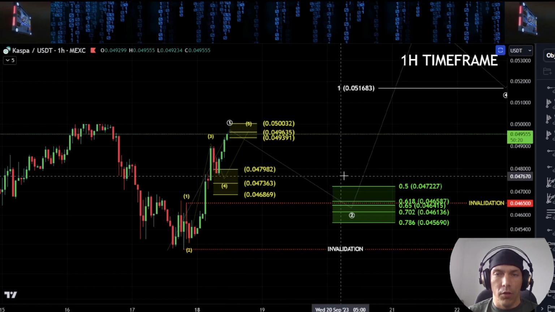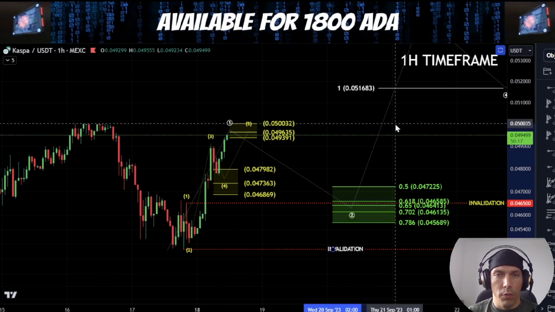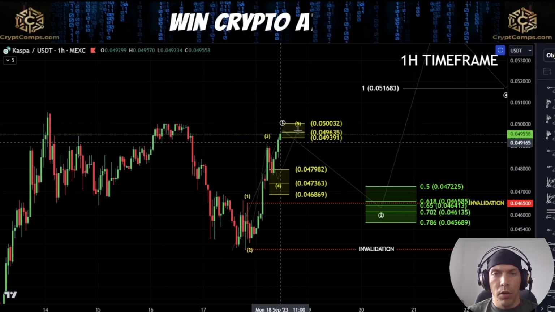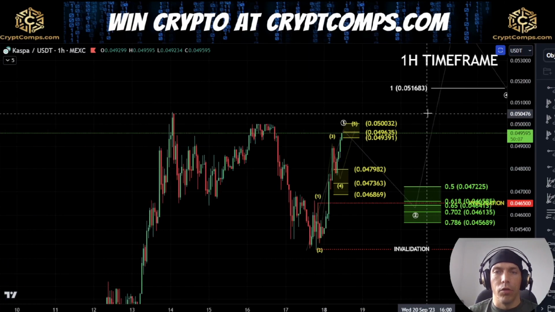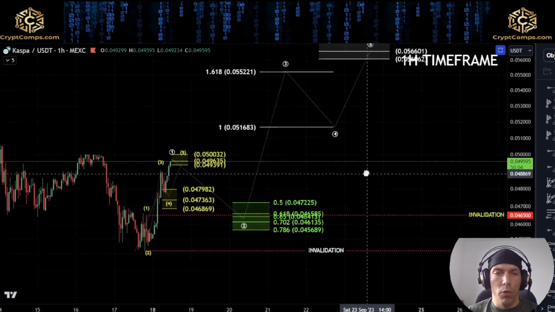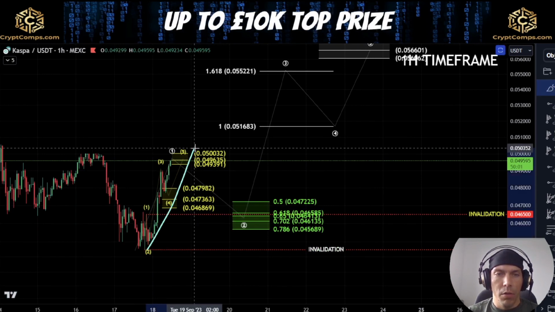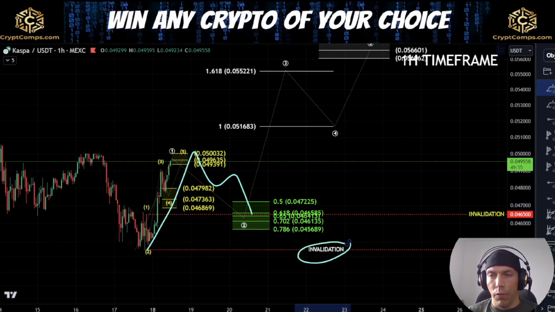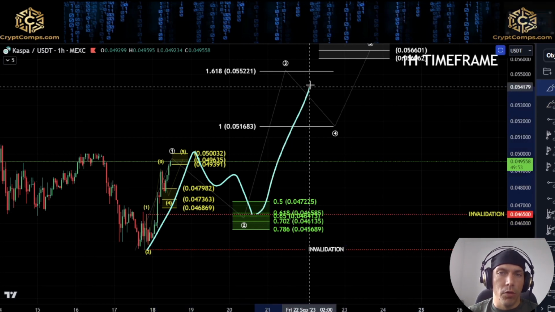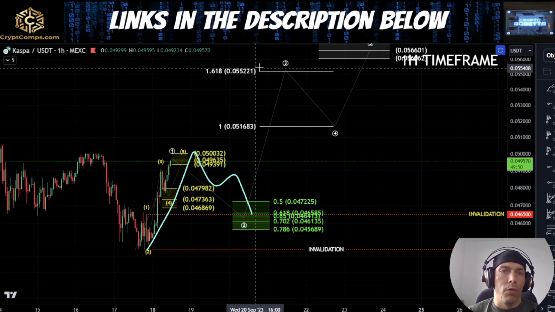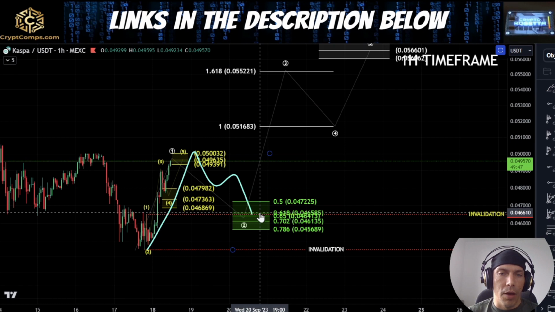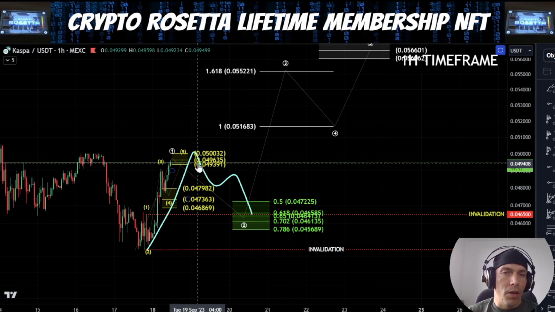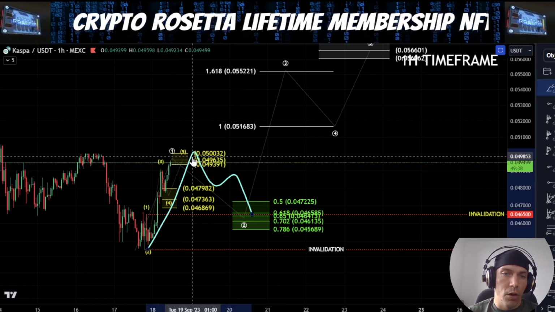Now, if we do see this actually develop off of this higher level here, which would be this 5 cent level, which would also align with coming back into these highs, what I'd then be looking for is 3 waves to the downside and then this continuation to the upside, where this whole move could actually just form a bigger wave 1. We get 3 waves down in a wave 2, and as long as we actually hold this level here of this 044572, we can look for the possibility of this rally up here in this third wave. Now, the target area that we'd want to see based off of coming back down into this 618 would actually be here at this 55221. But if we do see some extension within this wave, it could actually adjust these targets.